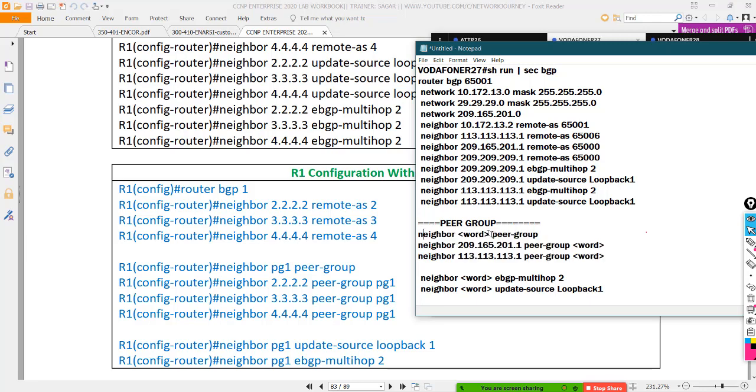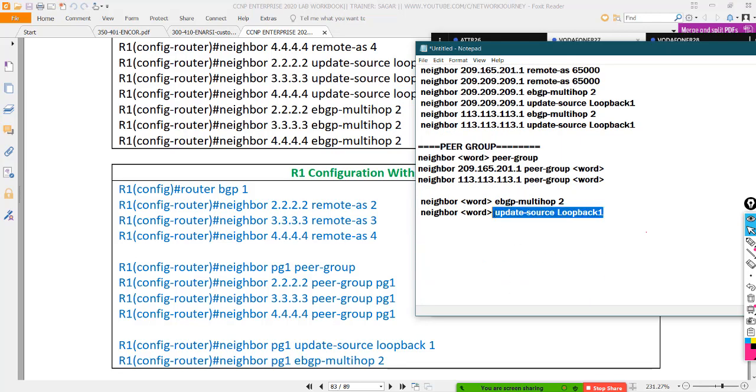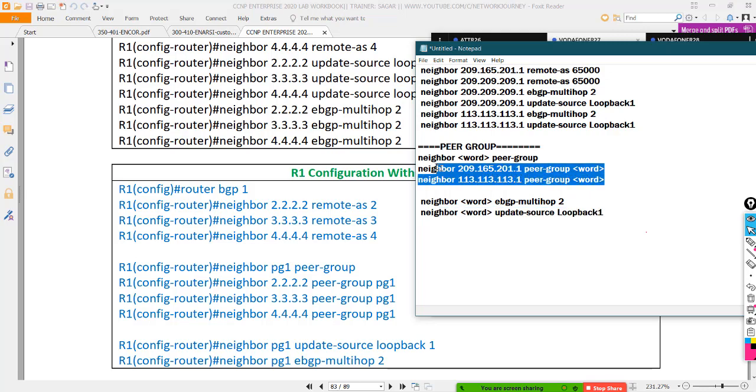I create a word and associate it with my neighbors. So this is my first neighbor and second neighbor, and I say what they are: a multi-hop of 2. That's effective for these two statements. Similarly, this word also has the policy of update source loopback, so it gets associated with these two.